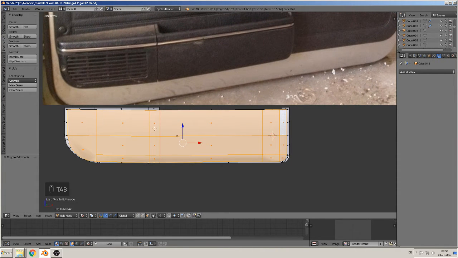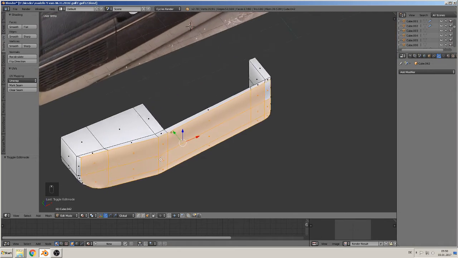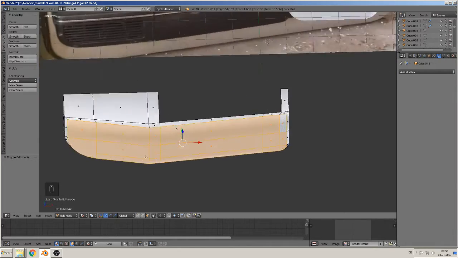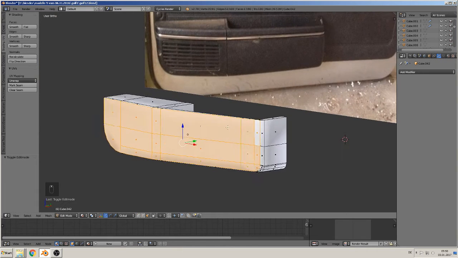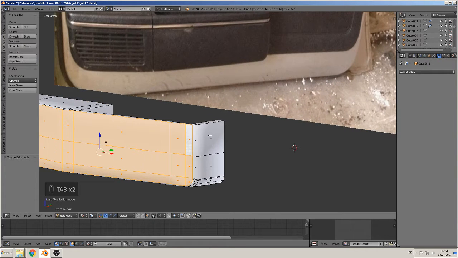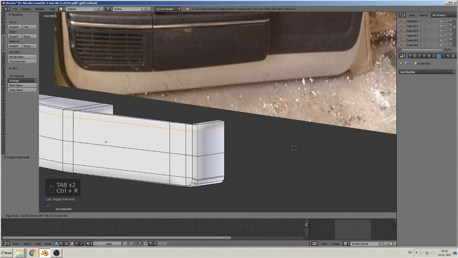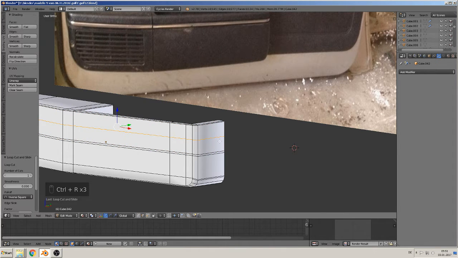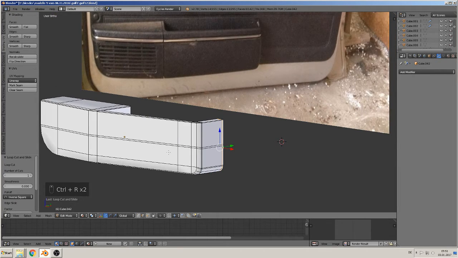So this is a straight line. So normally you must make here loops. Oh, not here. And at all the sides, good,